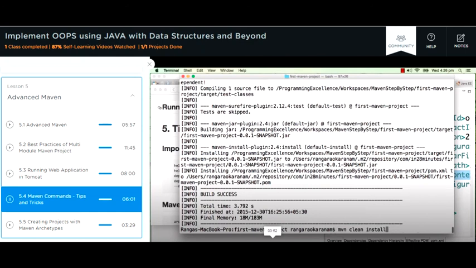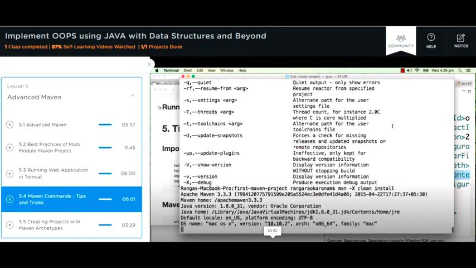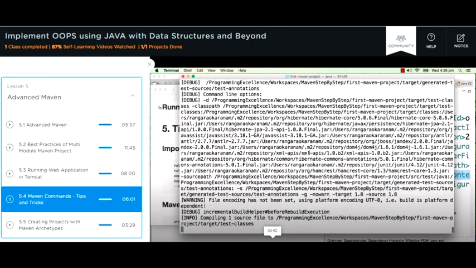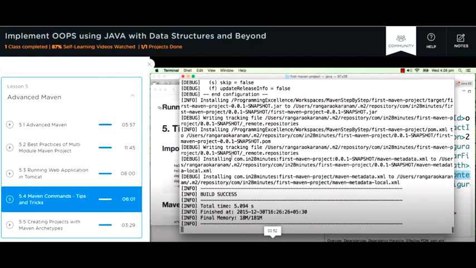The other important option, which is usually used for debugging, is -X. When I do mvn -x, actually it should have been capital X, that's why Maven was complaining, Maven runs in debug mode. In debug mode, you'd see a lot more log and information printed out. Whenever I have a problem building some project with Maven and I'm not able to figure out what's happening, the first thing I do is add mvn -X,